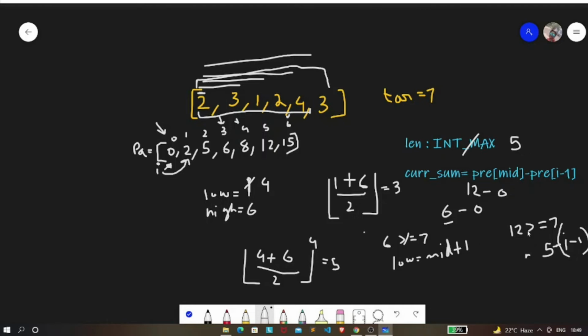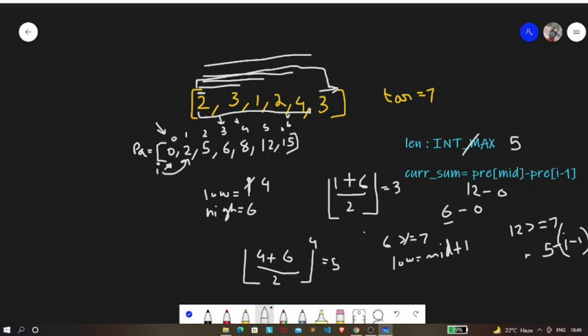Now when this condition is satisfied, there is no way that we are going to go in this direction, because even if we would go in this direction, this condition will always be satisfied. We are going to get more and more elements, more numbers are going to be added up, and since the array contains only positive numbers, our sum will keep on increasing, and our length will also increase. But our main goal over here is to minimize the length.